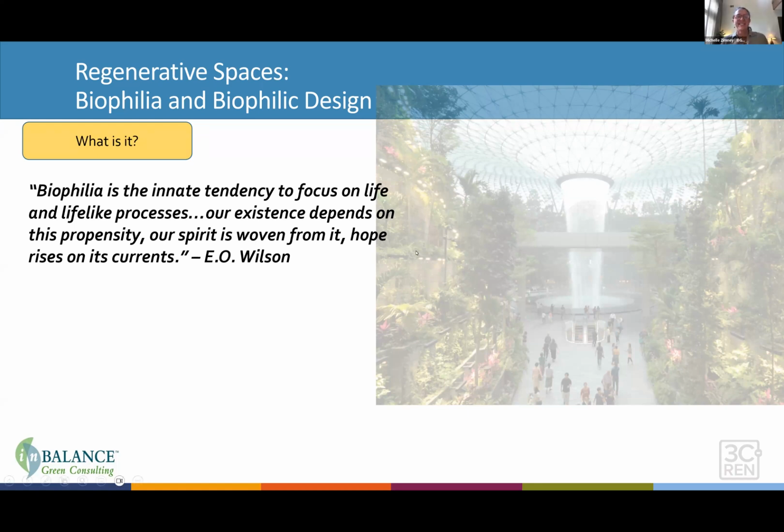Thanks, Soham. So some of you may be familiar with biophilia as a concept or biophilic design, but I thought I'd go through briefly a description of what we're talking about here. The generally acknowledged founder of biophilia principles is E.O. Wilson, and here's a nice quote where he defined biophilia as the innate tendency to focus on life and